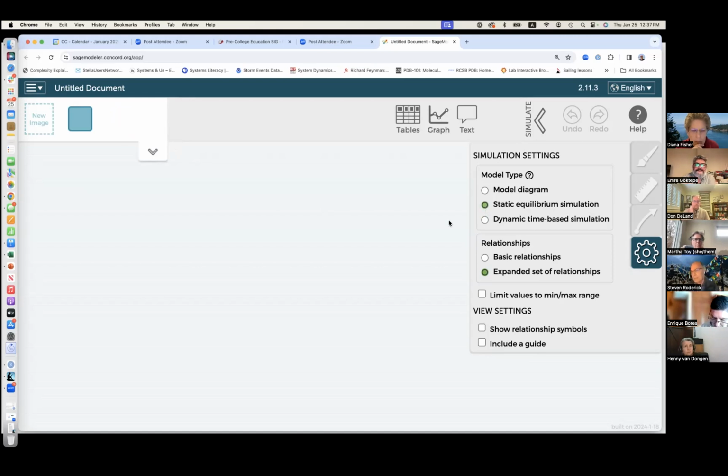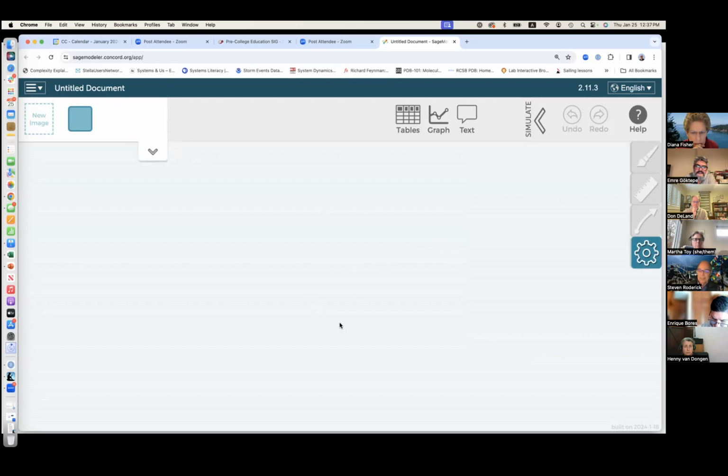Let's build a model of a population. Okay, so try to imagine yourself as a middle school kid, and we're studying, let's say, the deer population locally, and we're worried because coyotes or wolves are coming into the area, and we wonder what's going to happen to the population. So you might want to start with kids brainstorming ideas about what would be part of that system, and they can do that on the canvas here. They can pull variables down here and drop them on the canvas like that, and you can name them. So I could call this deer